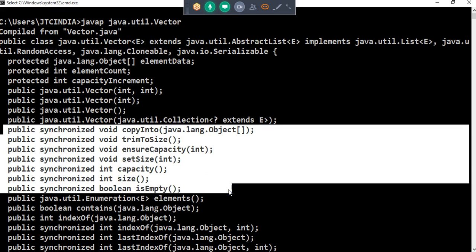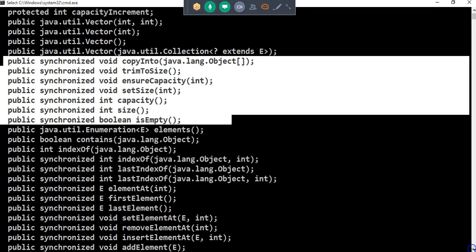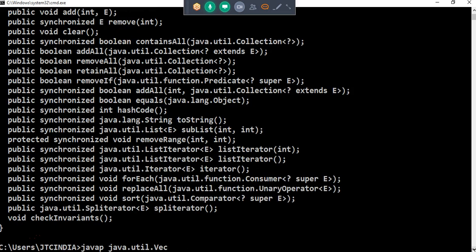What is the meaning of synchronization? We have already discussed it, and we will again in the multithreading topic. So this particular one is synchronized, and it's completely synchronized. We already know that Vector is synchronized because it's a legacy class, and all five legacy classes have been synchronized. And if you go through another one,